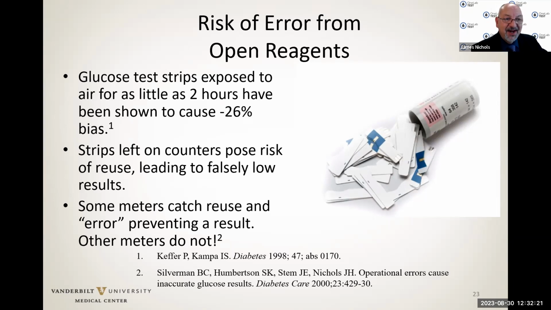The meter we had, however, did not. And so here's a potential risk that we didn't predict in the first place. And had staff been following policy as expected, probably wouldn't have happened. So we went back, retrained our staff, but then also really took a hard look the next time we switched to a new meter. What meter were we going to pick? We were going to pick a meter where it's going to error rather than give a wrong result.